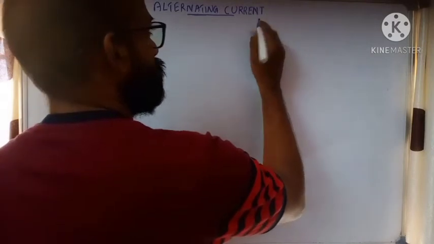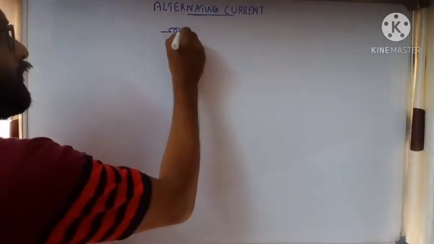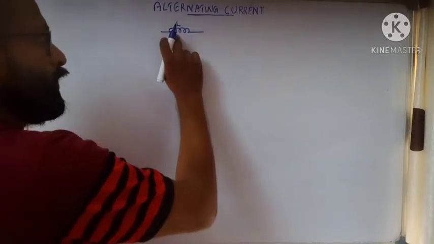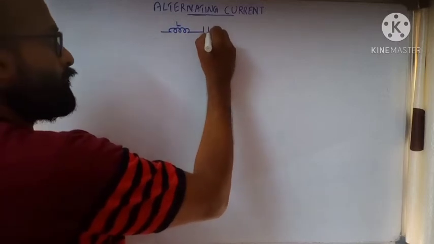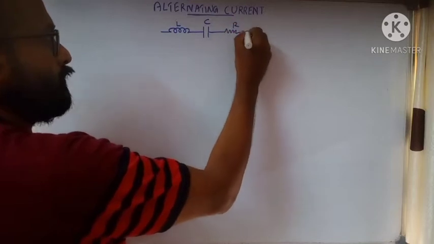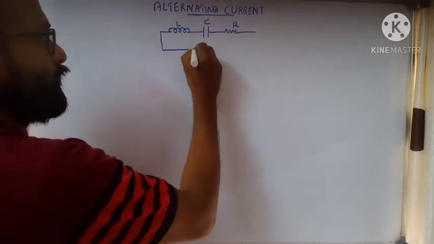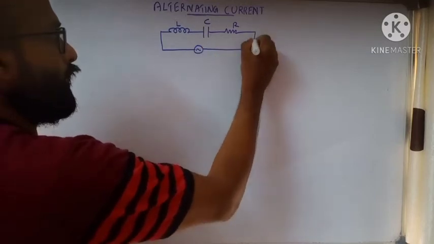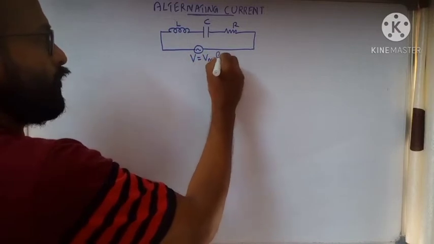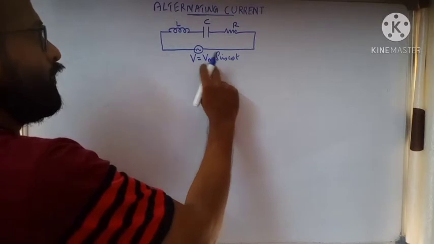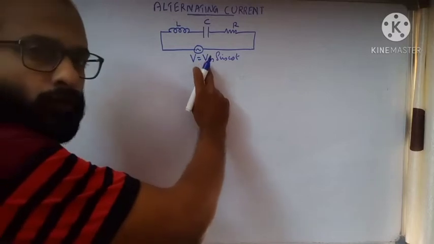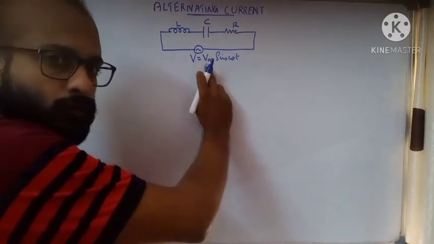See, we have an inductor having self-induction, coefficient of self-induction, inductance capital L, then a capacitor having capacitance C, and a resistor having resistance R. All these we are going to connect in series. Now we have an alternating EMF. It will produce a potential difference of V is equal to Vm sin omega t. Okay, this is our voltage V, the alternating power supply, which produces a potential difference of Vm sin omega t. Vm is the peak value of the voltage.